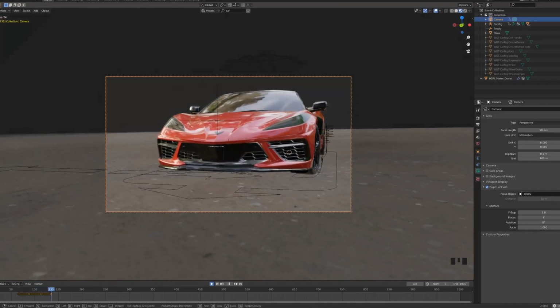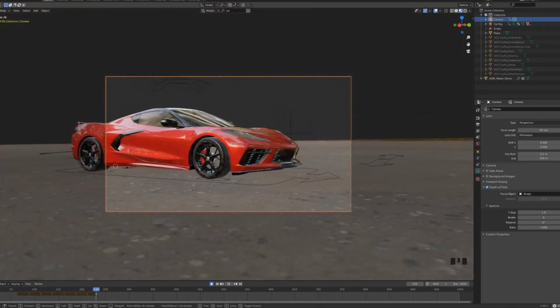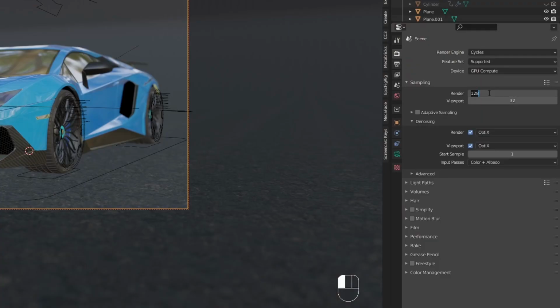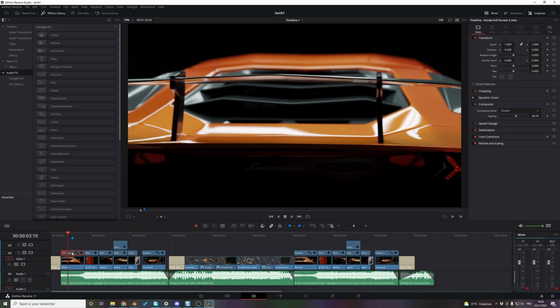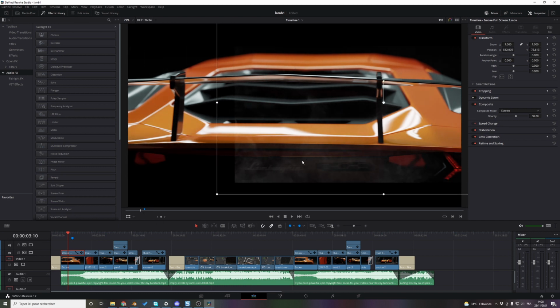For the camera animation, please have a look at this tutorial, where I talk a lot about it. But if you need a specific video, just ask me in the comment section. For the render settings, I went for 400 samples, and don't forget to check motion blur. For this presentation, I also used some smoke assets in DaVinci Resolve when I felt I needed some. If you need a specific video, just ask me in the comment section.